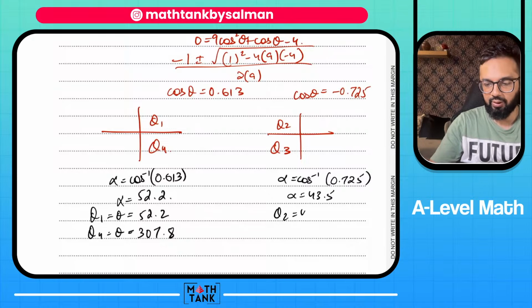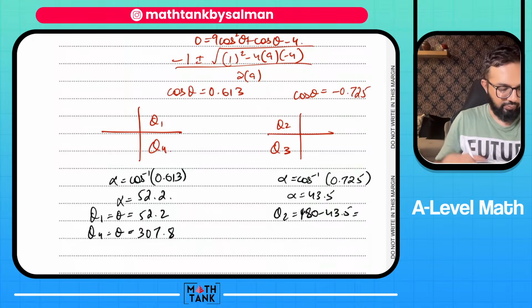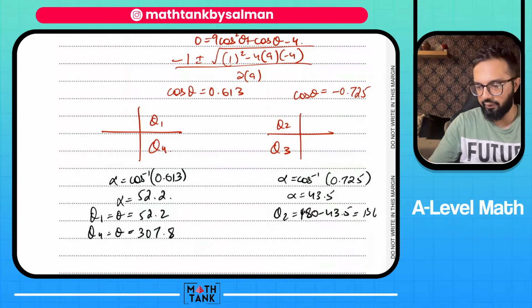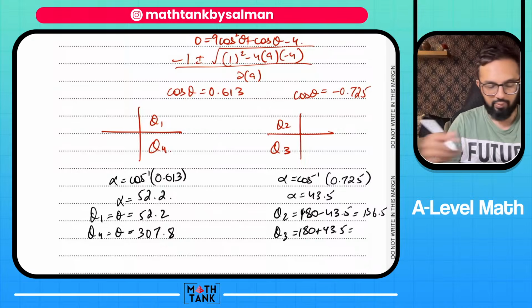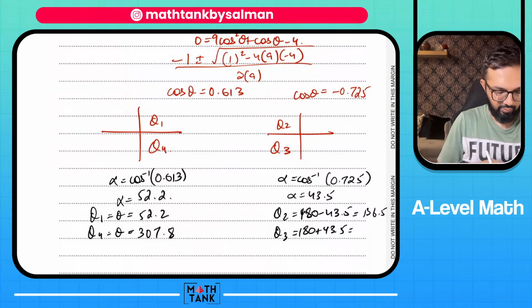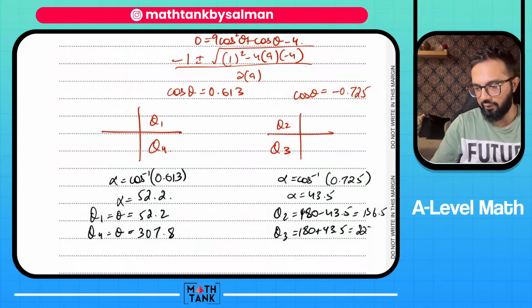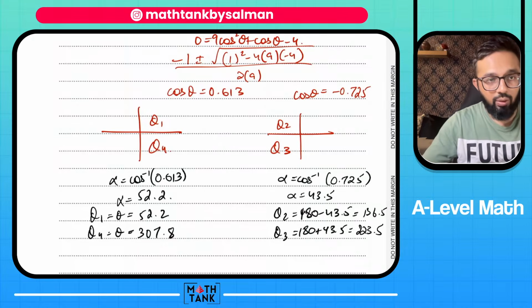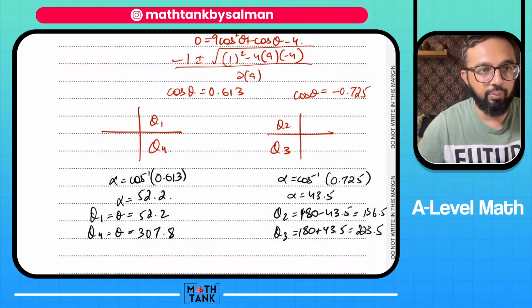Quadrant 2 is 180 minus 43.5, that's 136.5. Quadrant 3 is 180 plus 43.5, that's 223.5. Okay, I've done all 4 quadrants because I want to find out